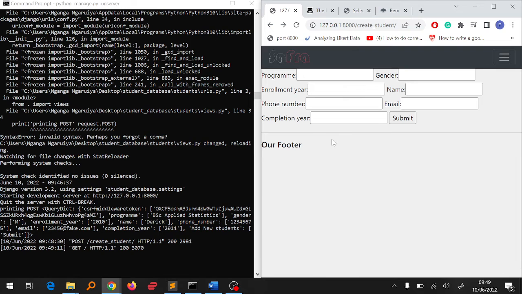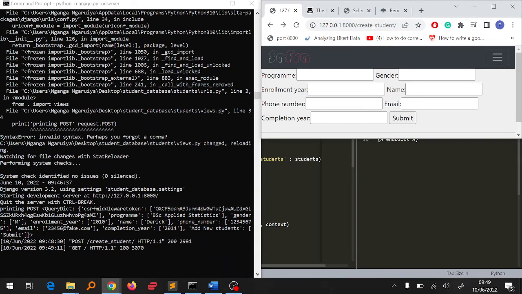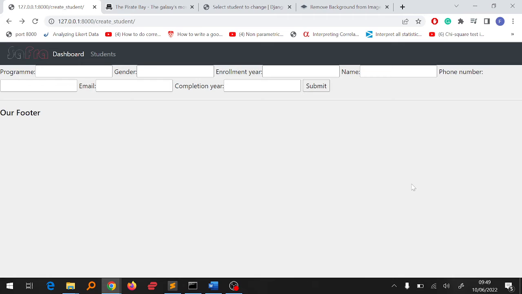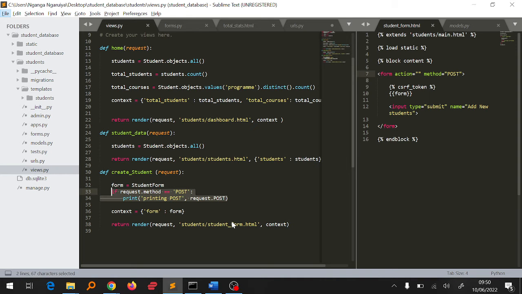So for us to be able to make it know that we want to put the information in the database is because we have created the forms.py, and we are using some Django libraries. This is how we do it. So we've understood how this is. This was just to show you how it will post it, and it's working perfectly. We'll just remove this. You can just delete it or just comment it out,